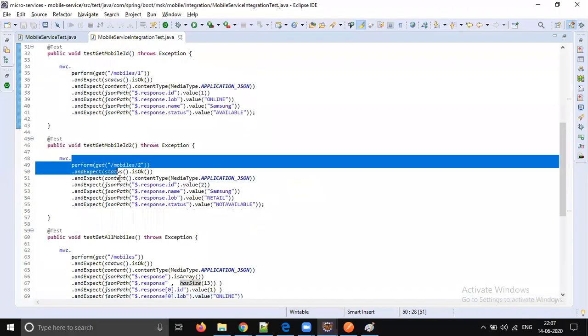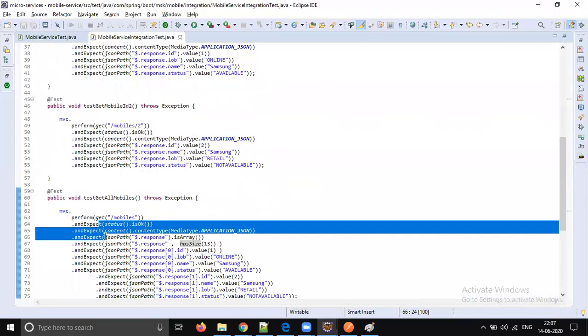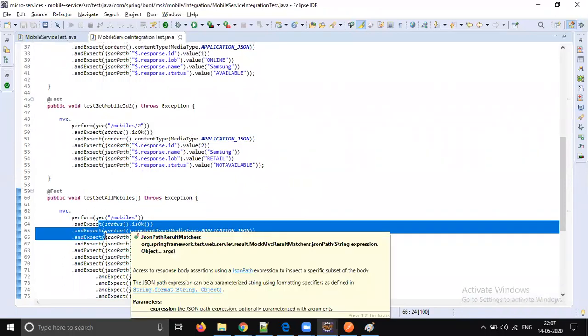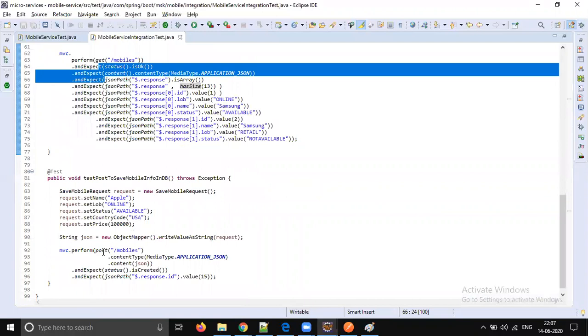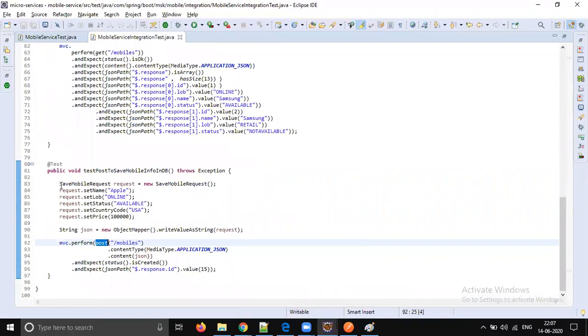Okay, so not only getting the mobiles, right? We are doing get mobile by ID, get all mobiles. You can also do an insert into the database, right? So you can also do a post method. But what we need to remember here with respect to the post method, all these calls are pure HTTP calls, right? So what will happen once you insert the data, while you are inserting the data, you should create a JSON string, right?